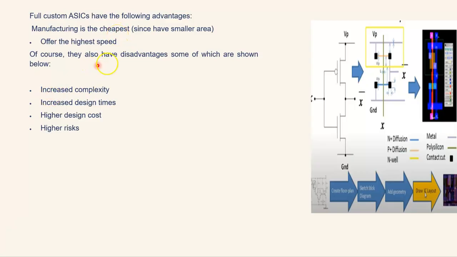The next are the disadvantages: increased complexity and increased design time. So what do I mean by design time? Design time is the time required to take your design up to the end. If you want to develop a new system from scratch, obviously it will take time. It is a very basic example I always give, the bridge rectifier.